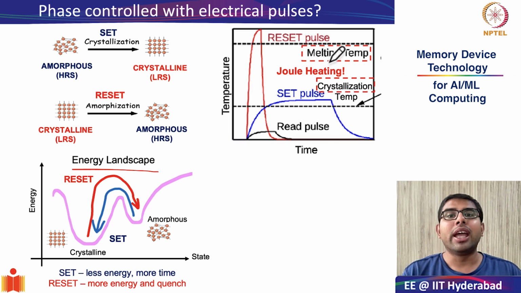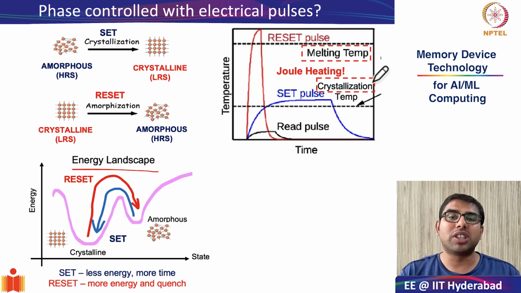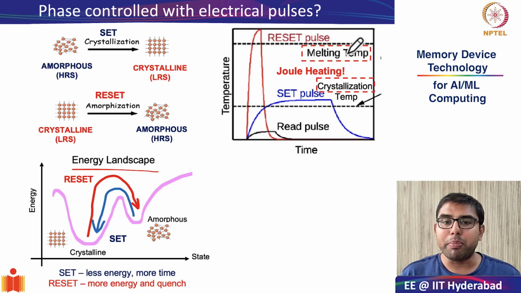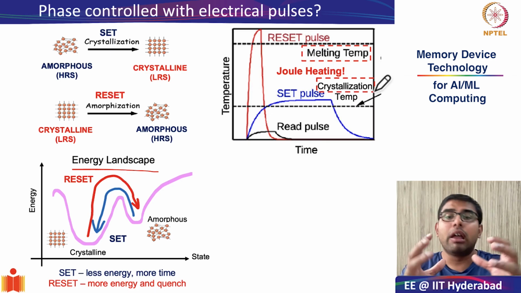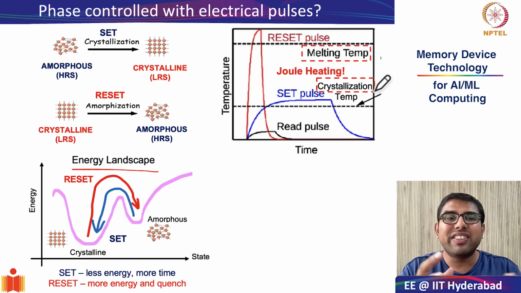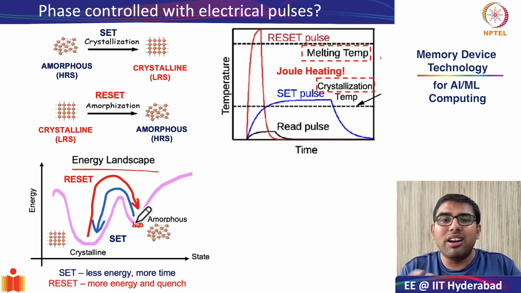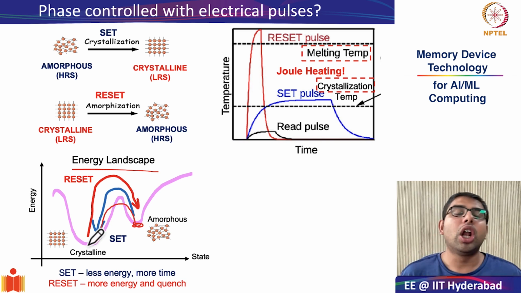So before we go and understand that, it is important to define two terms. One is called the crystallization temperature and another is the melting temperature. What is the crystallization temperature? Crystallization temperature is, suppose you are in amorphous state, how much little bit of energy that you need to give to these atoms in the amorphous state so that they can wiggle around a little bit, enough energy to wiggle around a little bit and reach its global minima, which is the crystalline state.